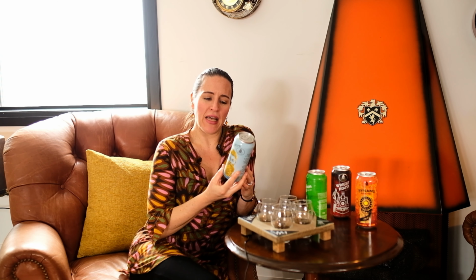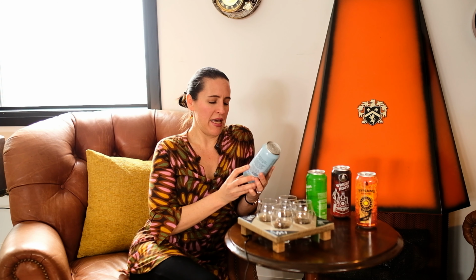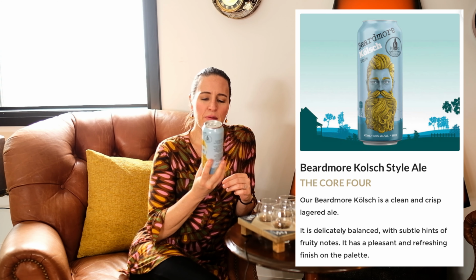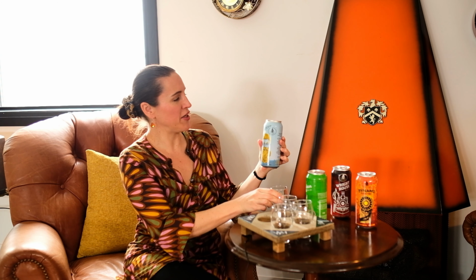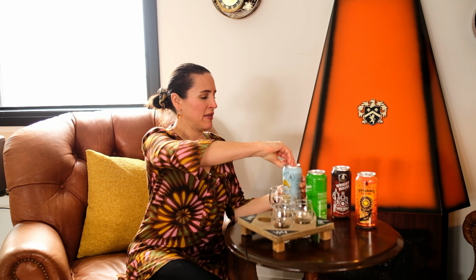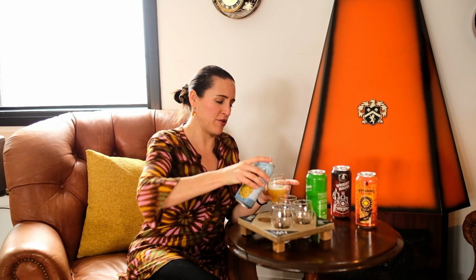So the IBU is 8, the SRM is 4, and the alcohol percentage is 4.5, and it's a beautiful, fruity, well-balanced beer with a pleasant and refreshing finish on the palate. So just going to show you the color as well. This is the first beer we rolled out in the LCBOs, so that's where you'll be able to find it across Ontario. You can see it's a beautiful light color and